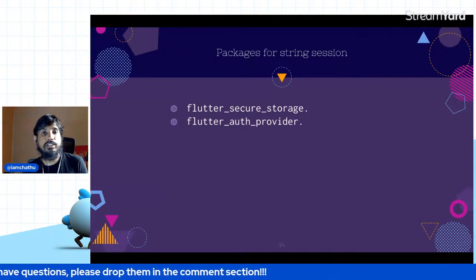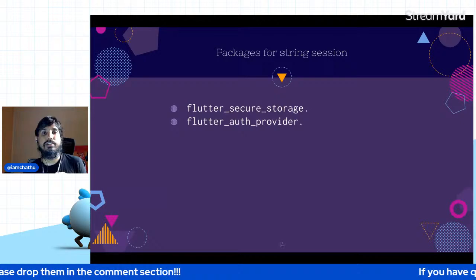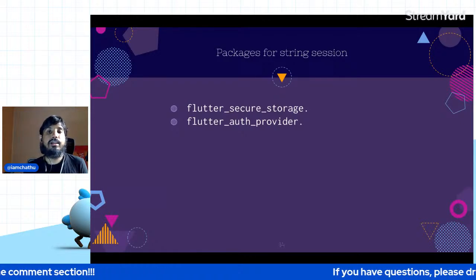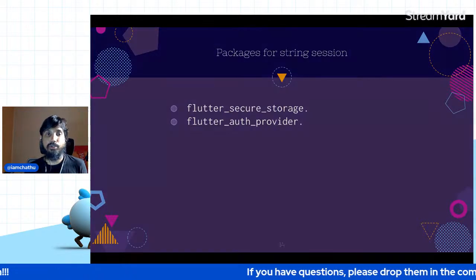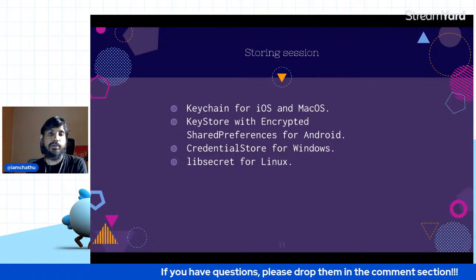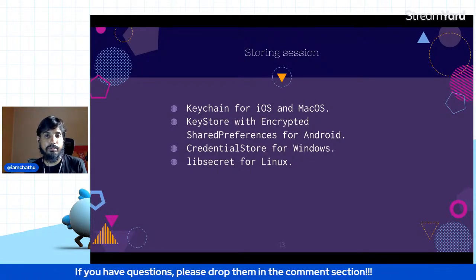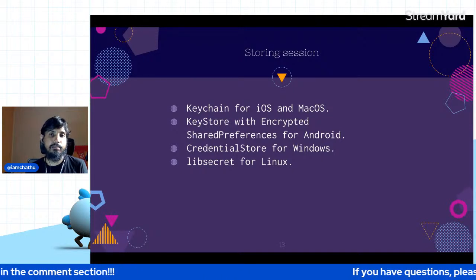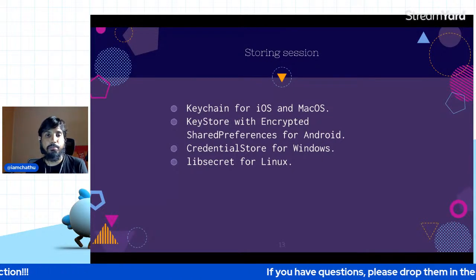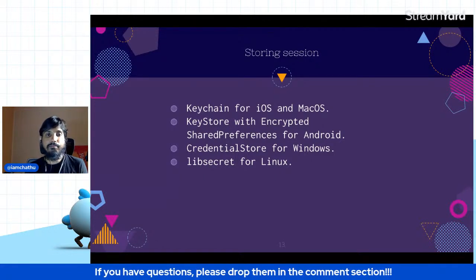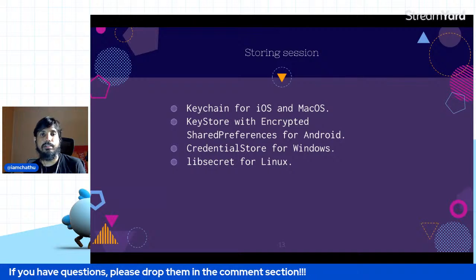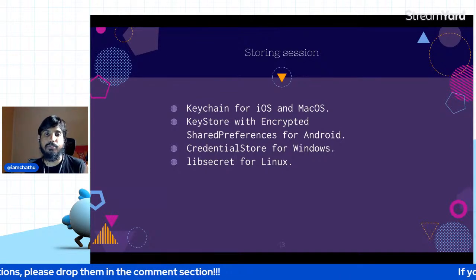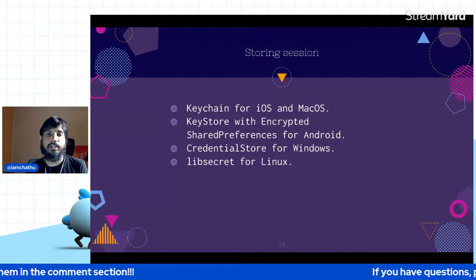5.0.2 as I remember. So it is very updated, heavily used, and it actually uses Keychain for iOS and macOS, and it also uses encrypted shared preferences for Android. Currently it doesn't have any information on the Windows part, but I think they are working on it. It's a community-driven project, and they have libsecret for Linux. And currently all these platforms, the Keychain for iOS and macOS, which is currently up, and Keystore on Android is